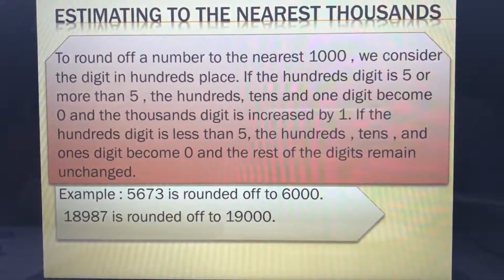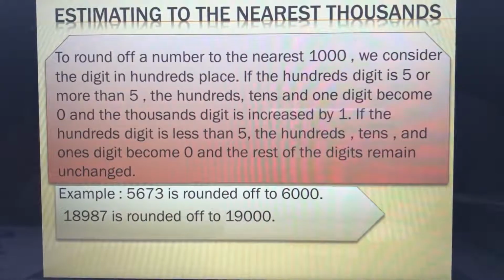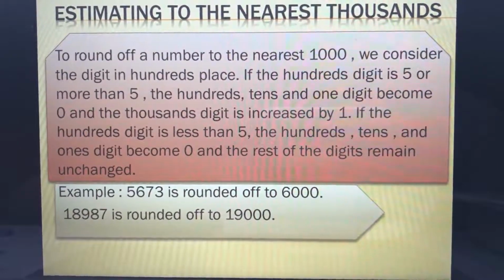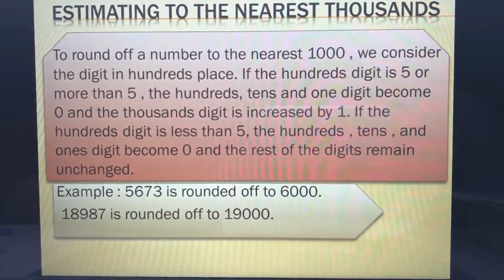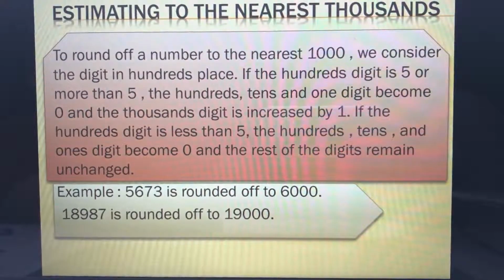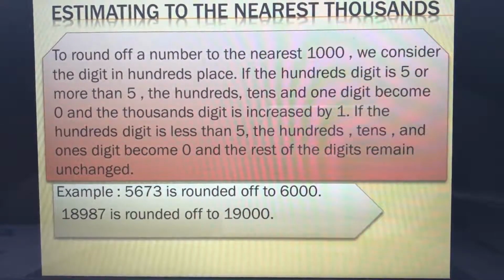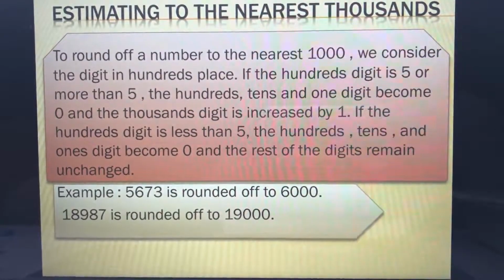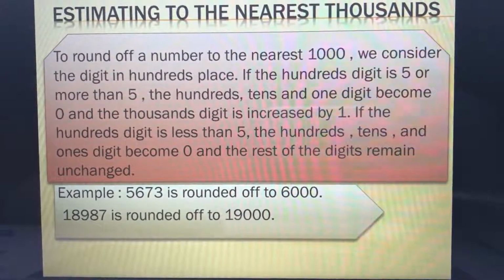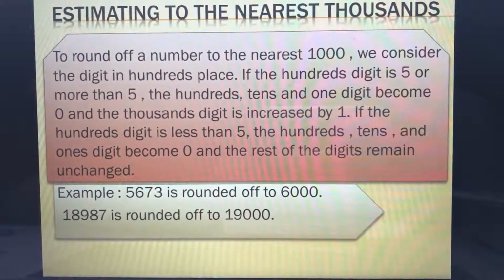Estimating to the nearest thousands. To round off a number to the nearest thousand, we consider the digits in hundreds place. If the hundreds digit is 5 or more than 5, the hundreds, tens and ones digit becomes 0 and the thousands digit is increased by 1. If the hundreds digit is less than 5, the hundreds, tens and ones digit becomes 0 and the rest of the digits remain unchanged. For example,